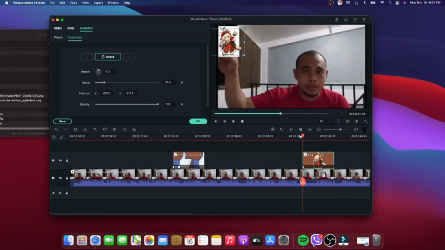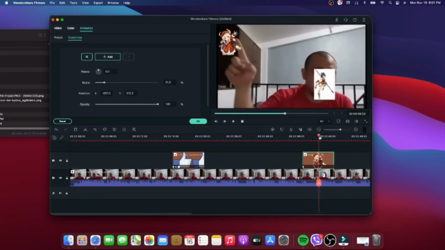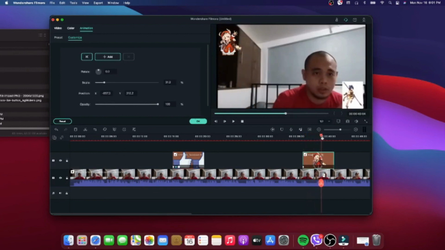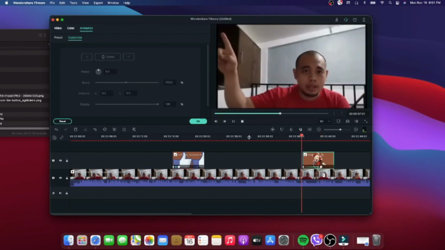And then, all you have to do is just move it forward a little bit. There. And then all you have to do is just move this. And as you can see, it created a new keyframe, and when you play this,